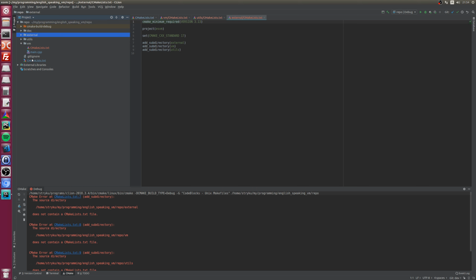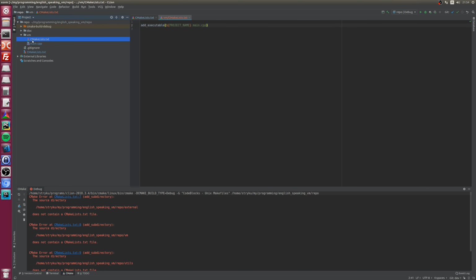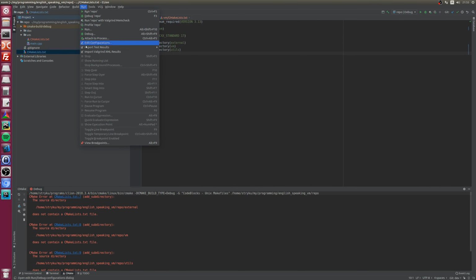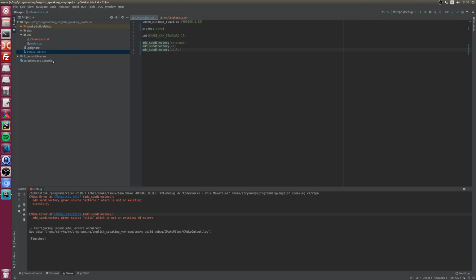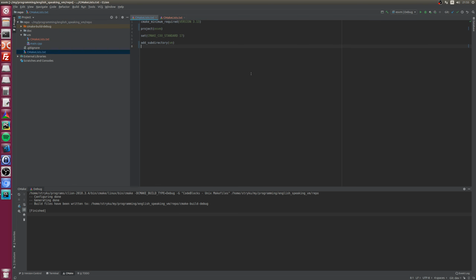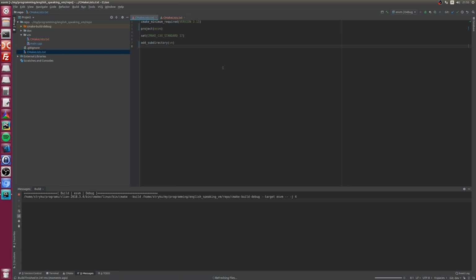Yeah, okay. Let's remove the external for now. So utils. In utils, yeah. Let's just remove it for now. So let's run CMake. Load. Utils, okay. Reload. Finish. Cool. Hello world works.